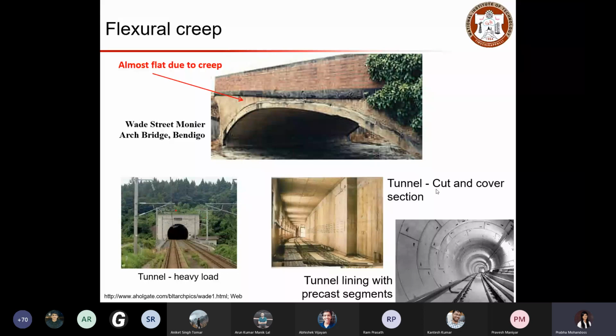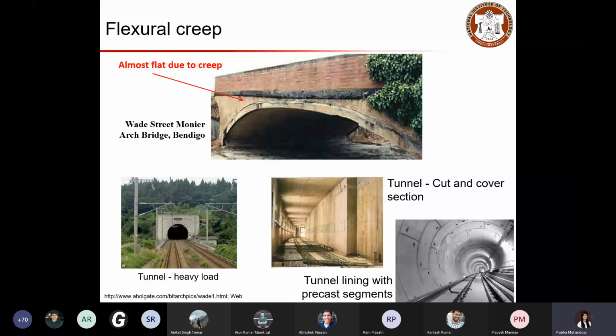So in such cases, above this element is going to take such heavy loads coming from soil. So in such cases, this will experience flexural creep. And here you can see the tunnel lining with precast elements. And again, the whole surroundings will be subjected to heavy soil and loading conditions, which will lead to such flexural creeps. So these are typical structures, and when you need to design or construct these structures, the immediate thing that you have to look at to ensure the durability of the structure is that flexural creep.